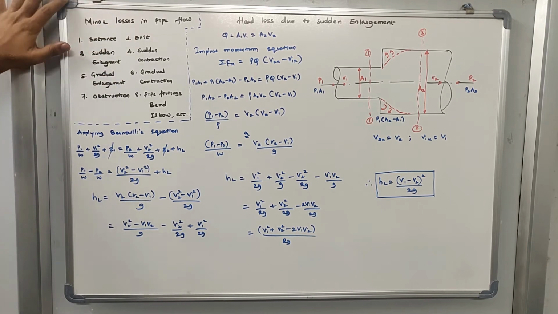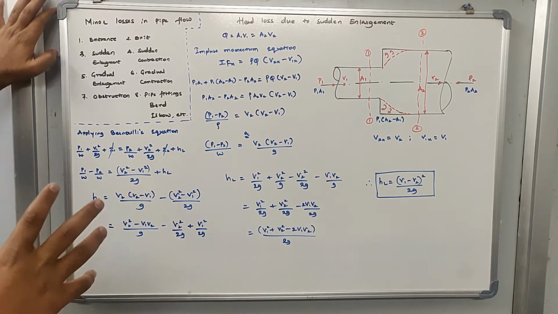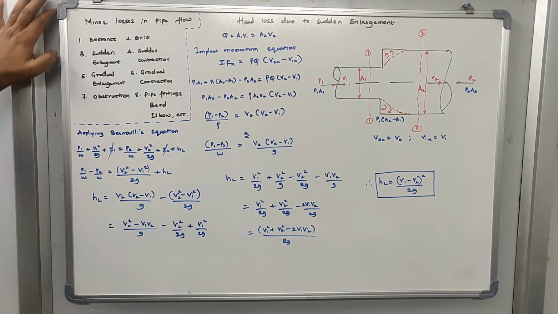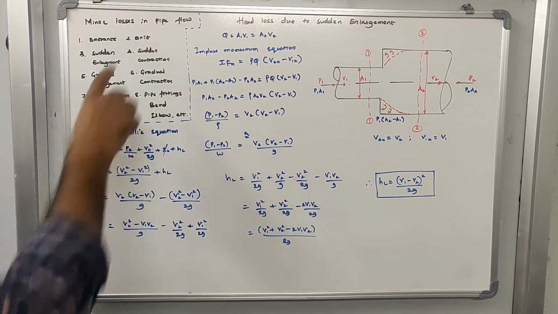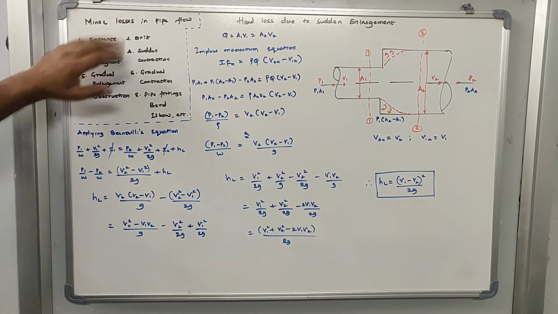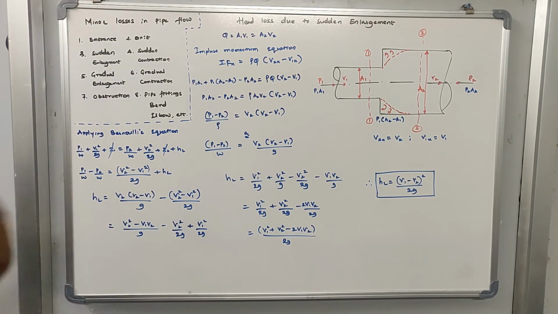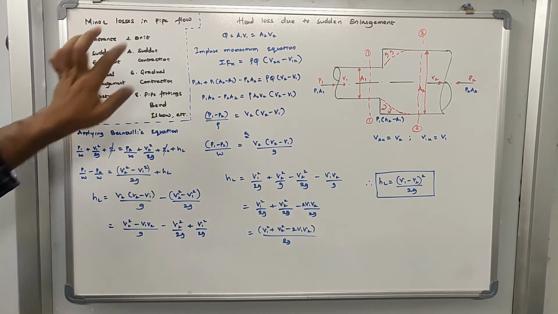Similarly, going to the exit loss, what happens is that the water that was already flowing in a pipe will be discharged into a tank. So the water in the tank will be static in nature. Because of the exit also, when the water flowing in the pipe exits into a tank or a reservoir, you see a reduction of energy. That reduction of energy is called exit loss. So there is an entrance loss and an exit loss. When the water enters the pipe, there is an entrance loss. When the water exits the pipe, again there is an exit loss. So these are entrance and exit loss.